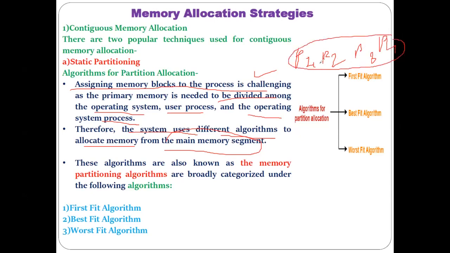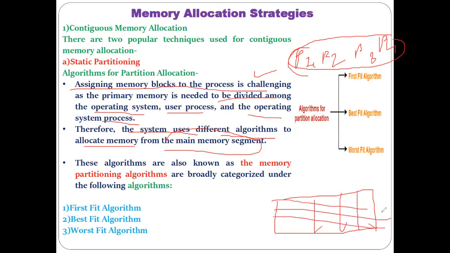Then how will the memory be allocated to P1, P2, P3, P4? Understood? In order to decide how the memory will be allocated, there might be multiple partitions of the memory available, maybe thousands of memory partitions. But which partition is to be allocated to P1, which to P2, which to P3? It is not like the processes are randomly put into these memory blocks.